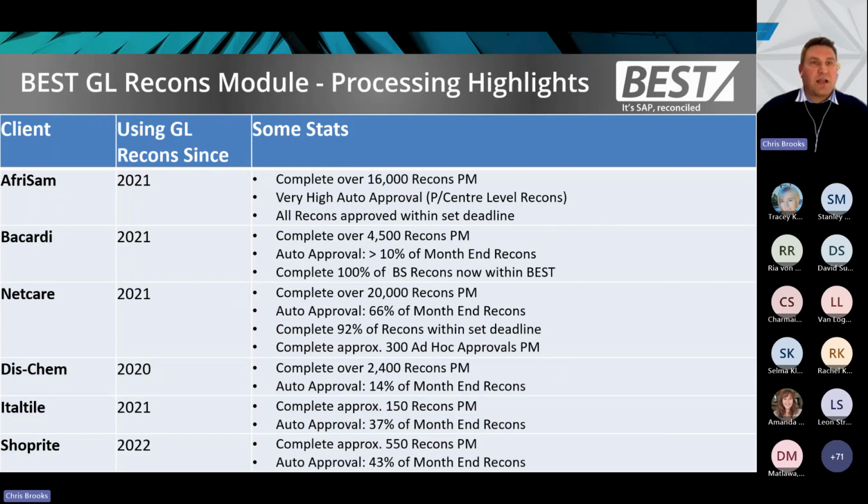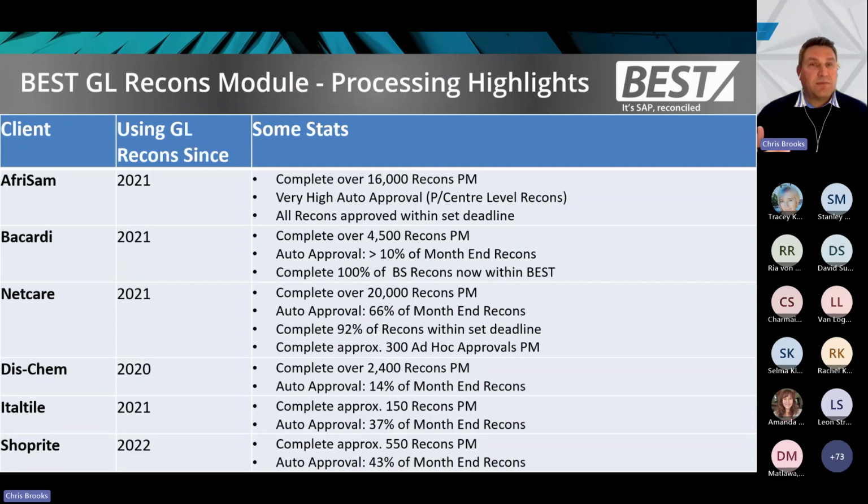So looking at the first client, the AFSUG, they've been using our GL Recons since 2021, and they're actually completing over 16,000 recons per month. Now, that's a very high number, and the reason for that is that on a lot of those accounts, they actually reconcile at a profit center level, which obviously creates that high level of reconciliations, but they use the auto approval to manage that.